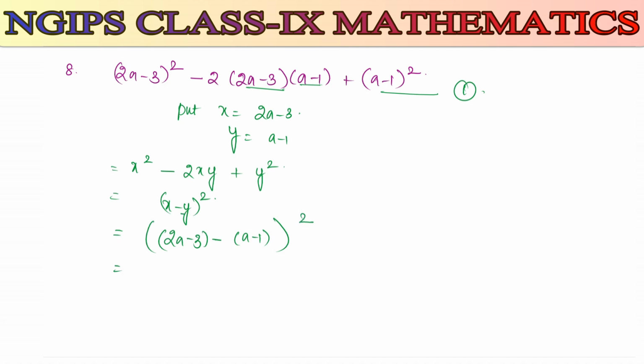Now we will get 2a − 3. This minus is going to be common for both the values. So we will get (a − a), minus into minus plus 1, whole square. Now from 2a, if you subtract 1a, we are going to get the value a. From −3, if you subtract 1, we will get a − 2, because the biggest number has a negative sign. So (a − 2)². This we can write as (a − 2)(a − 2). Now these are the factors for the given expression.